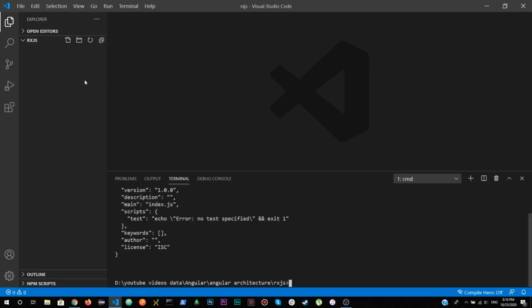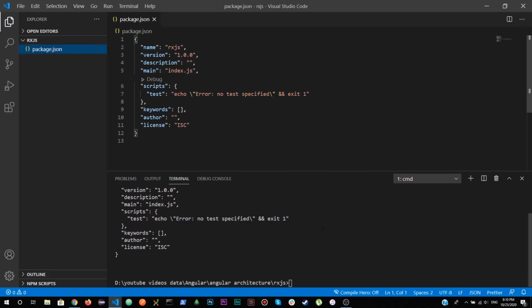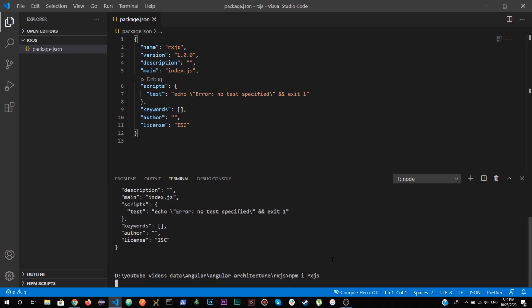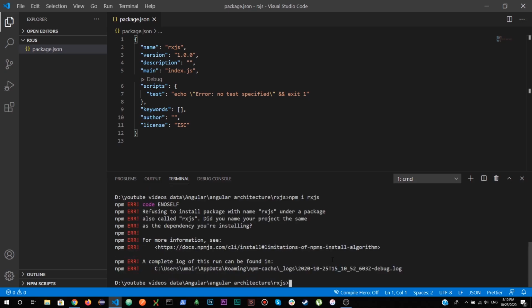It's going to create a file called package.json, which contains information about all the packages we install. For this, we only need the package called RxJS. To install it, I'm going to run the command npm i rxjs. It's going to download this RxJS package from the internet.